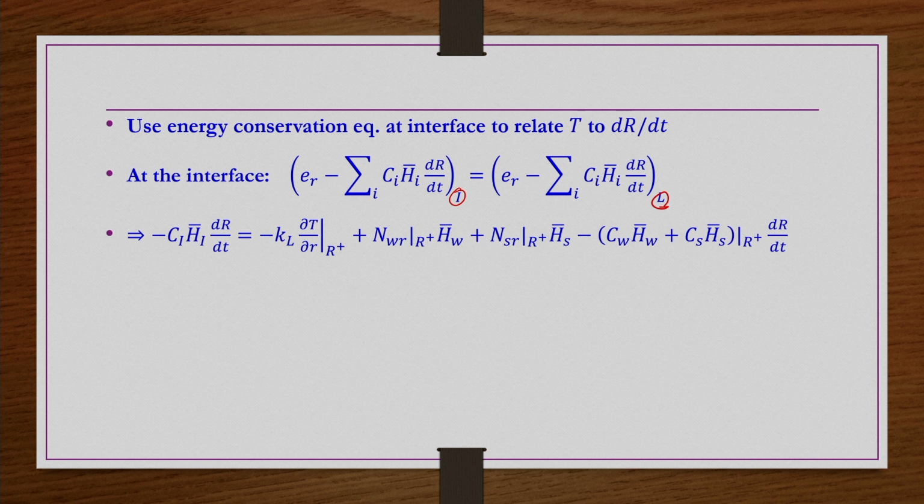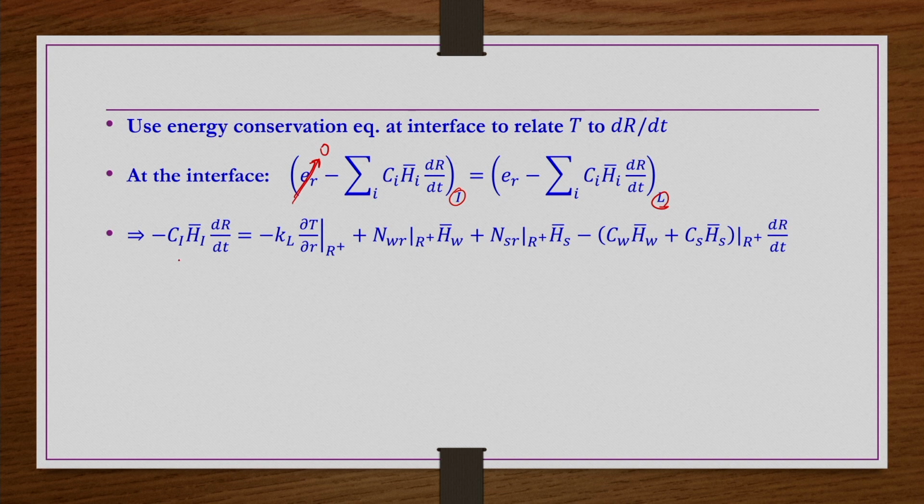So, here on the ice side, whatever Er is there, ∂T/∂R is 0, because whether it is conduction or anything, no changes are taking place in the ice crystal side, because the temperature is constant in the entire crystal from the center to the interface. Okay. So, the remaining one is that in the ice side we have only ice, no salt, nothing else. So, minus Ci Hi bar dR/dt only, we are writing without any summation, because in the crystal side we have only ice crystal, no other component.